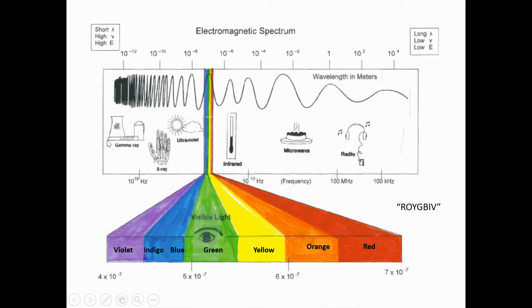Going further yet, extremely short wavelengths, 10 to the minus 12th meters, are gamma rays. Now, we didn't talk much about nuclear energy, but there are three forms of nuclear energy that are associated with nuclear reactions: alpha, beta, and gamma. Alpha and beta are actually particles being given off. A gamma ray is pure energy of a very high energy and is extremely dangerous to human life.